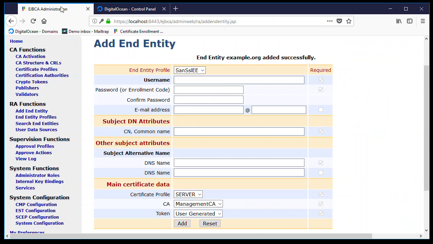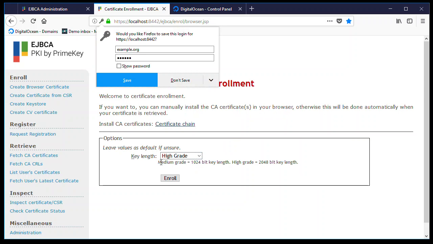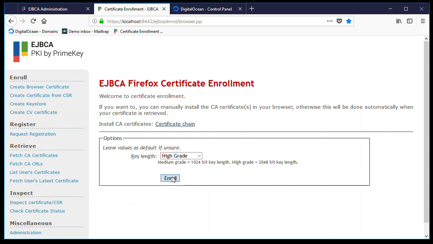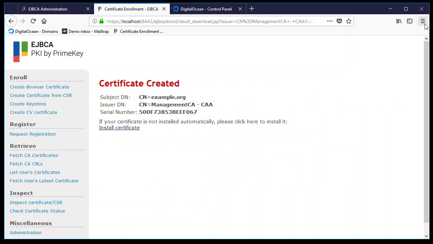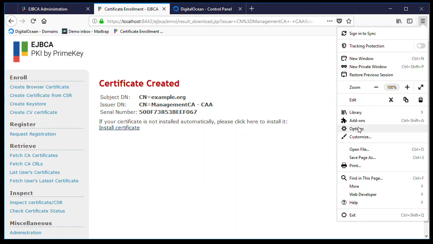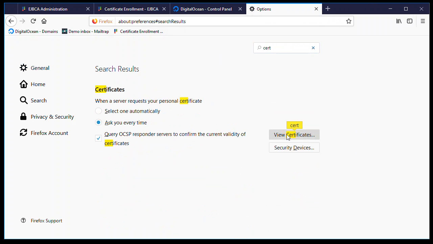Now we can try to issue a certificate for this entity. We come here, we set the username, the password, which is secret, and we try to issue this SSL certificate. So we enroll, and the certificate is correctly generated. We can check it from the Firefox certificate store,